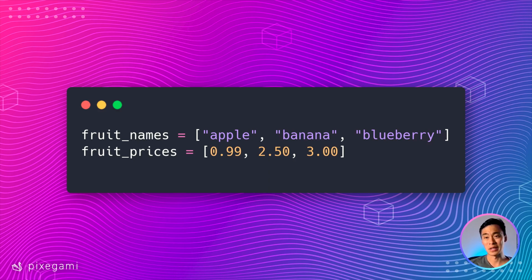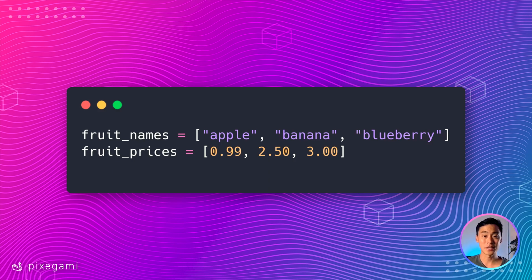How would I look that up in a list? I could go through each item and check if my product is there. So in this case, my Apple product is there at index 0. And then maybe I could use another list, like the fruit prices below, to look up the price at the same index. But then do you see the problem with that? There's actually two problems. If this list had 1 million products, I'm going to do a lot of extra work to look that up. I potentially have to go through every single item in the list before I can find the one I'm looking for.